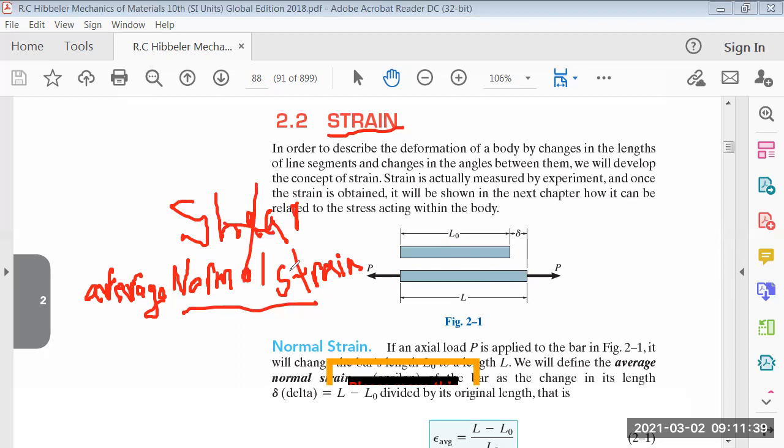Is it clear enough? The normal strain, be it in tension or compression, is what we call normal strain. You don't need to memorize the formula. All you need to remember is that strain has to do with change in length over original length, which means delta L over L. Delta L means the change in length. How can we get this delta L? Mathematically, you